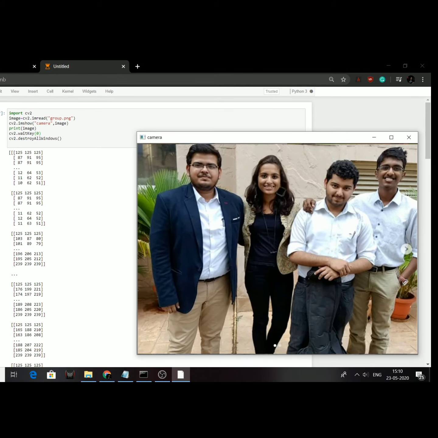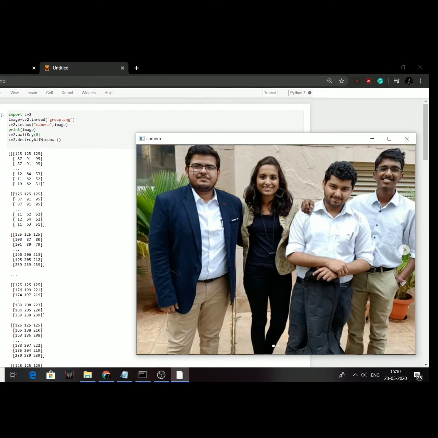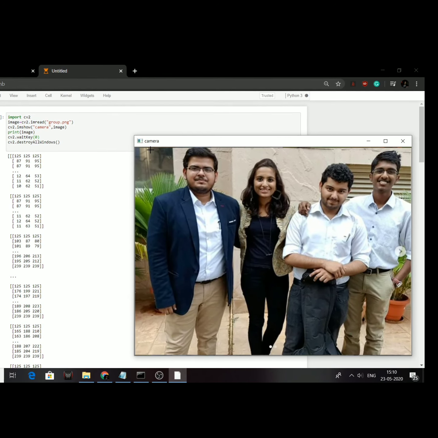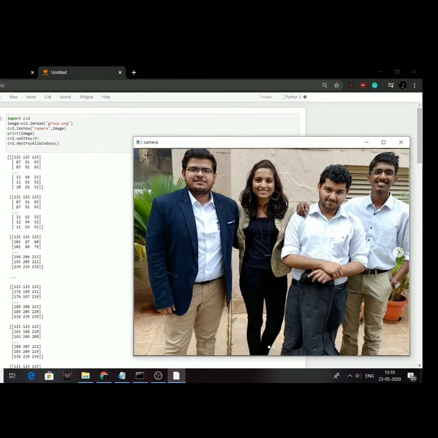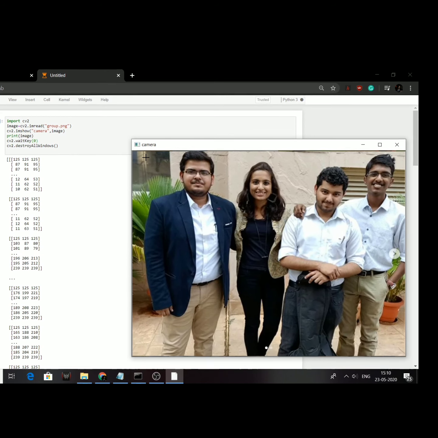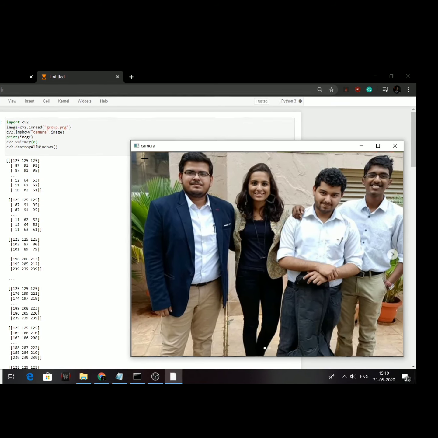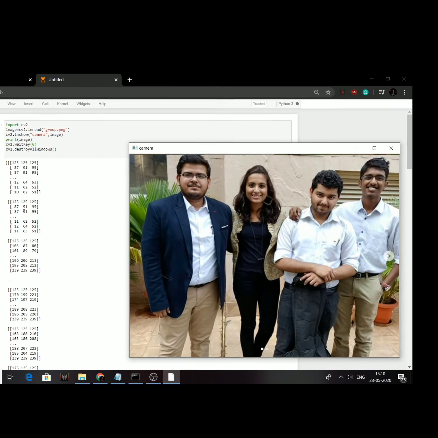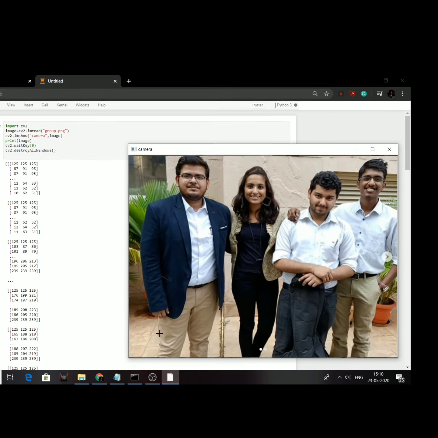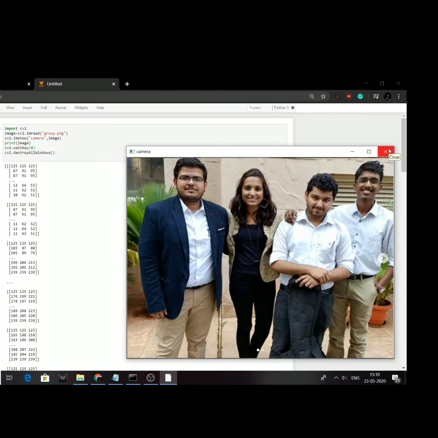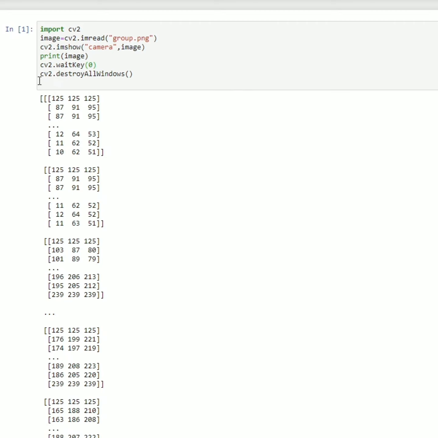What is this? Basically, an image is nothing but a pixel representation in x-axis and y-axis. And if it's a color image, then each pixel will have 3 elements, which is blue, green and red pixel values ranging from 0 to 255. Basically, you can create any color in the world by mixing blue, green and red in particular values. So that's what this represents. It's just a 2D array with pixel values. Now I'm pressing some random number, and it's closed, because when I press something, this command will get initiated.